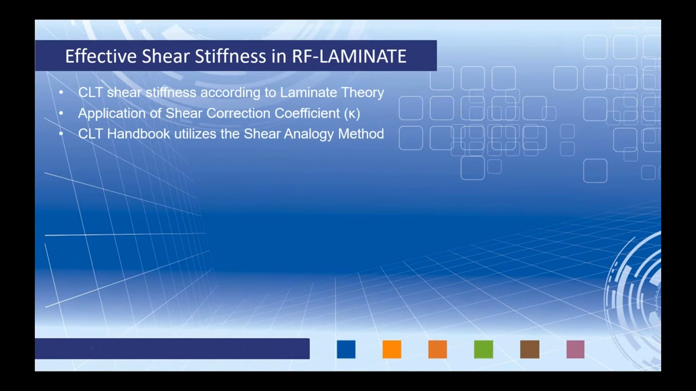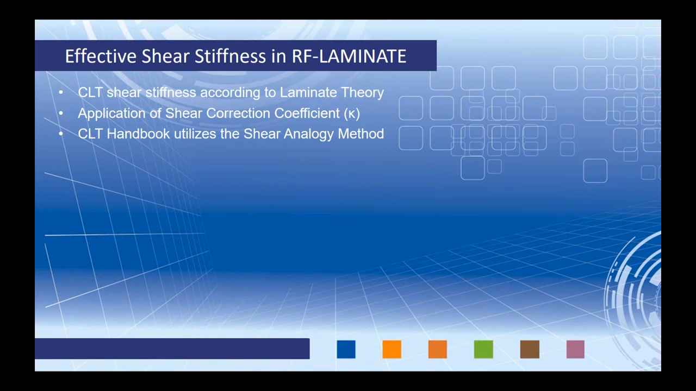Okay, so as far as the other two stiffnesses, K44 and K55, I want to briefly touch on this. These are actually not stiffnesses you'll probably be adjusting. The reason why is that the CLT shear stiffness is calculated according to the laminate theory. I actually just mentioned this with our deflection checks that were new within the 2018 NDS. So with this, we're going to apply a shear